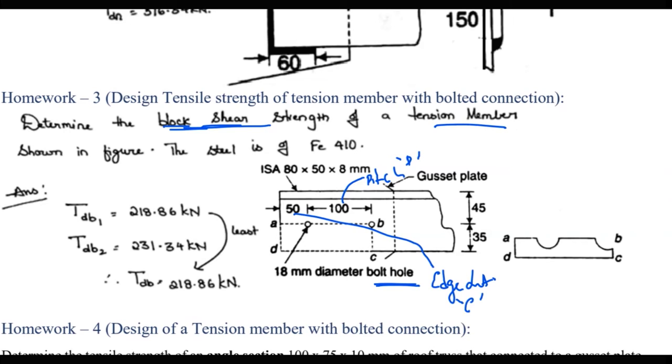And remember, since this is an angle section, only one shear plane and one tensile plane is going to be there. And what is the shear plane? AB. So shear plane is AB. And remember, when you are finding the length of the shear plane, you have to only consider the length up to the center of the bolt hole B only. See here, only half of the bolt diameter is to be considered when calculating the length, up to only that point. Okay, and this would be the tensile plane.